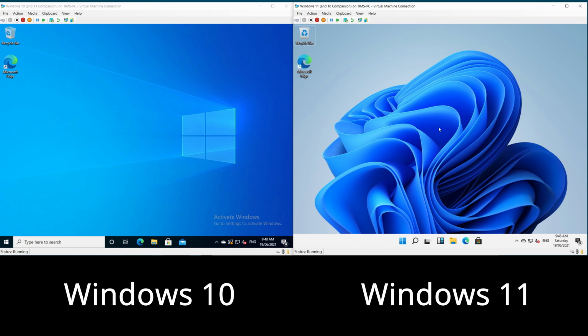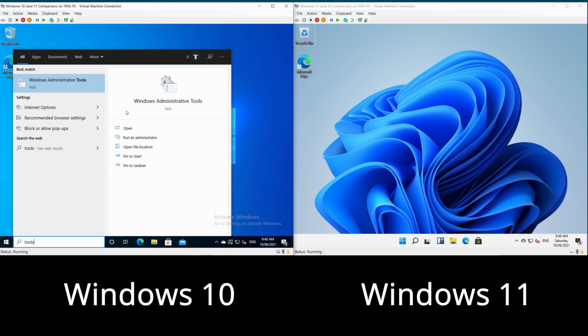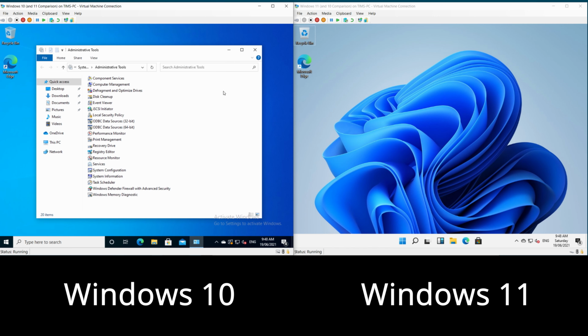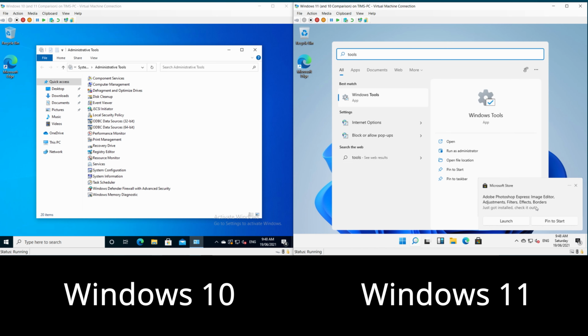Now, one of the things that I did notice that differs is in the management of disks and in the displaying, if you like, of some of the tools that come with Windows. So over here on the left, if we were to just type in tools, for example, we would get an option here to launch the Windows administrative tools. Some of you more advanced users would recognize some of the things in here. And over on this side, if we type in tools, there you go, we can see our Photoshop Express just got installed. If we were to open up Windows Tools this time,